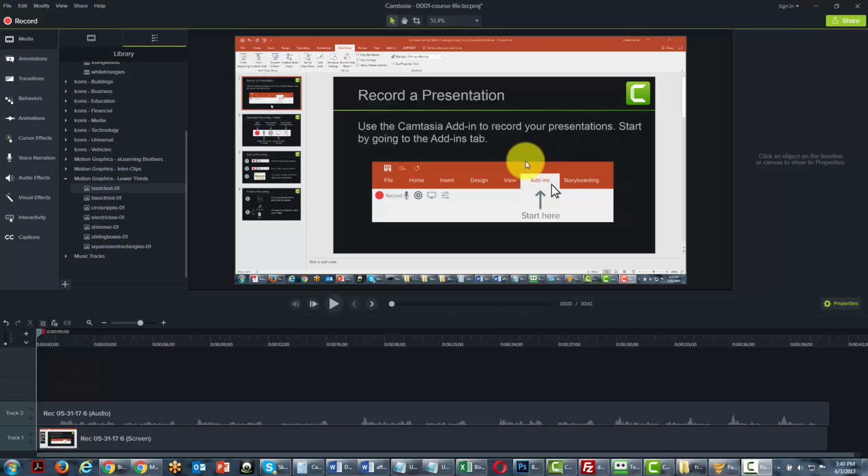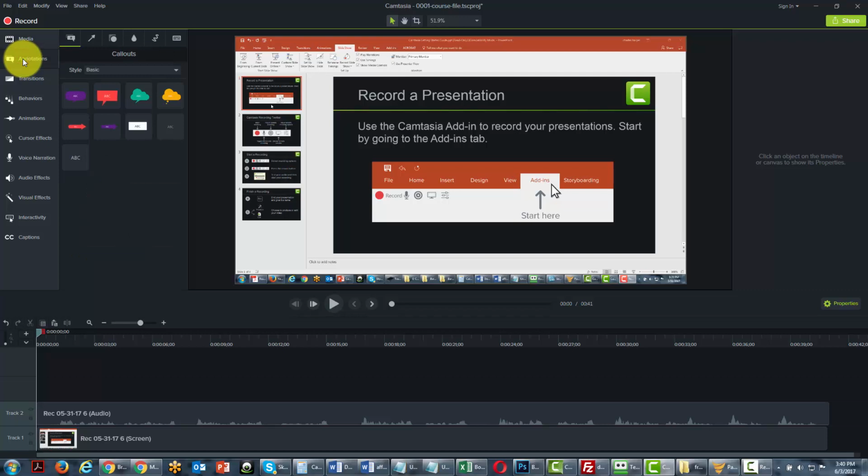Welcome back. Now in this video, we are going to take a look at the Annotations element. If you go to the left side menu and click on Annotations, you're going to notice there are going to be 5 different panels here. The annotations actually give you another element that you can place onto your video at different points in the